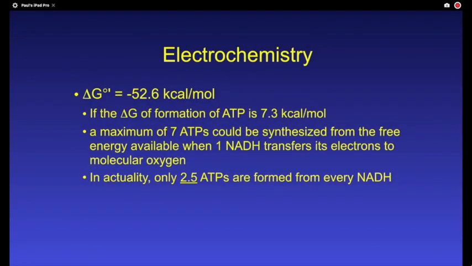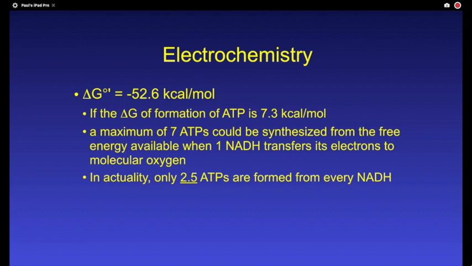In terms of ATP, we learned it as 30.5 kilojoules per mole. If we put it in terms of kilocalories, it takes 7.3 kilocalories to make ATP. And if you do the simple math, you could synthesize 7 ATP potentially